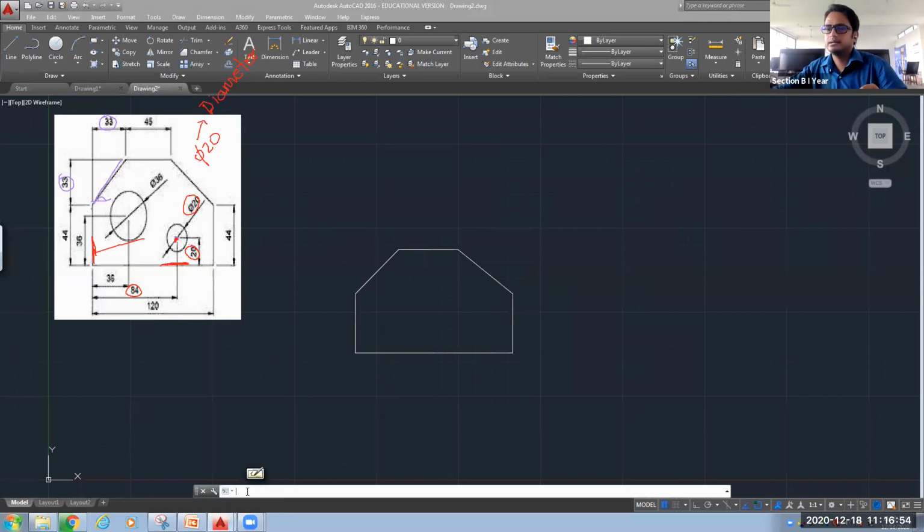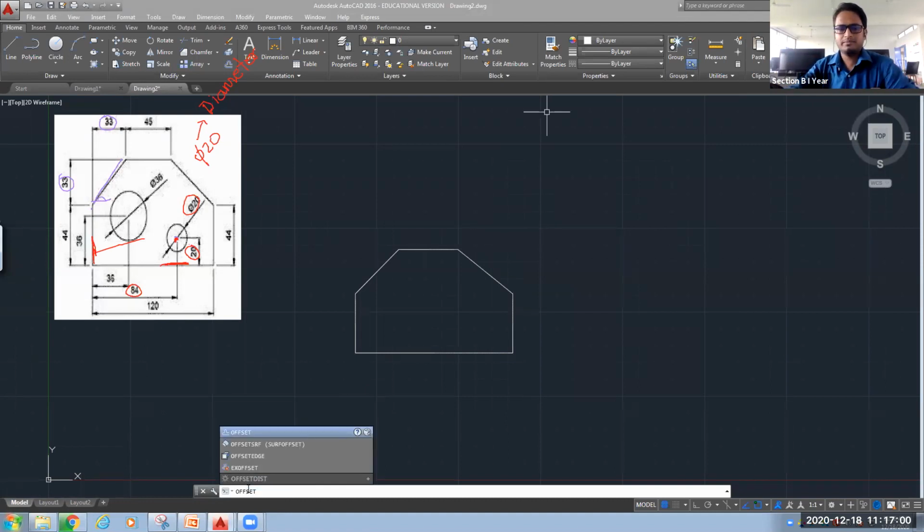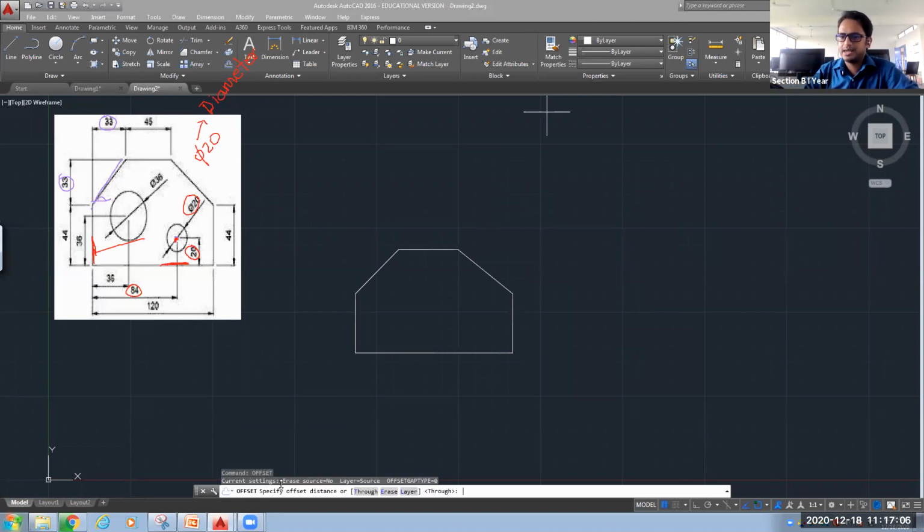You can see here in the command line, I am typing OFFSET. Okay, this is the offset command. What is the functionality of this command we will see.